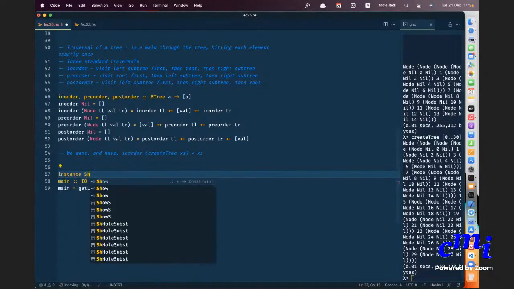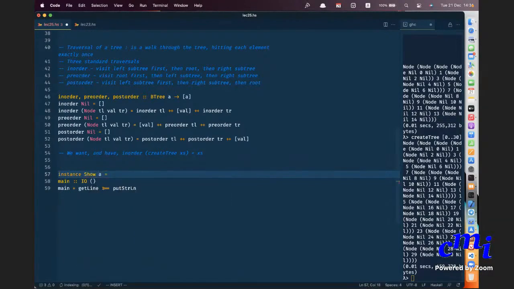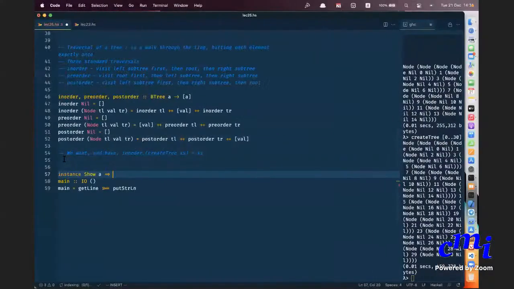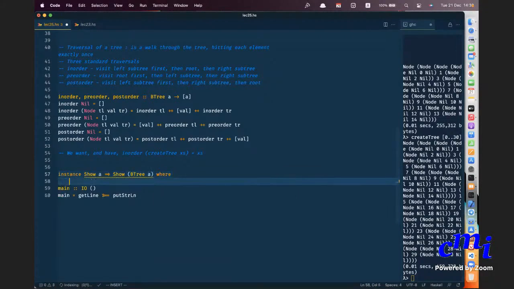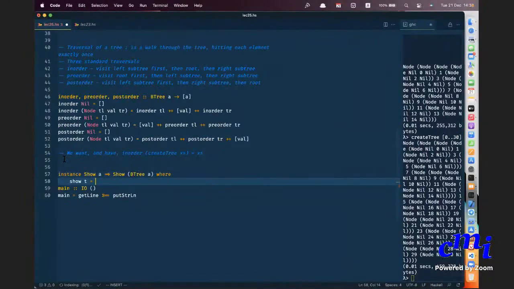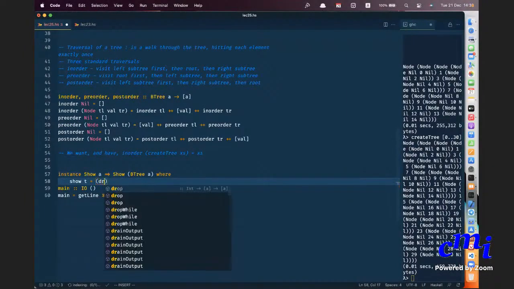Instance, if A is of type show, then I want... Do I need to say that at all? Showing a tree amounts to drawing a tree, but drawing a tree will create a list of strings.